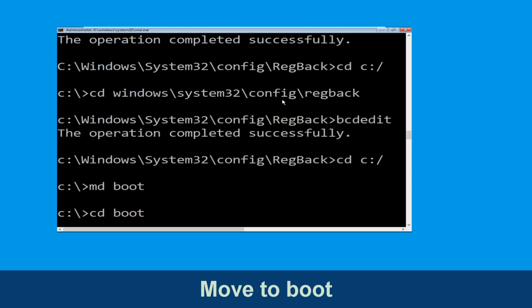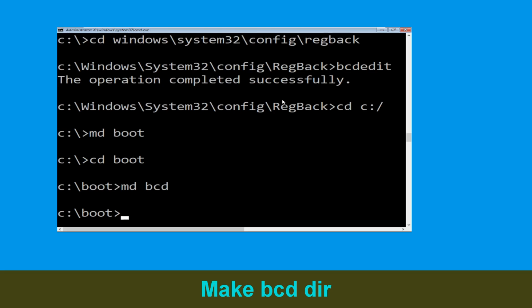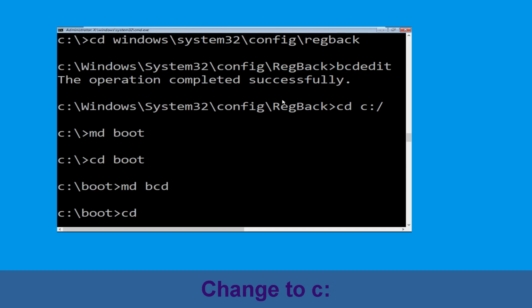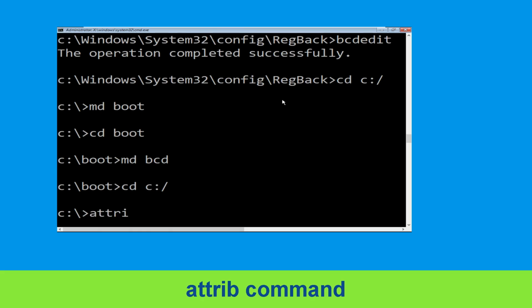Now type cd space boot and simply hit enter. Now type md space bcd and simply hit enter to execute this command. Type cd space c:/ and hit enter. Type attrib